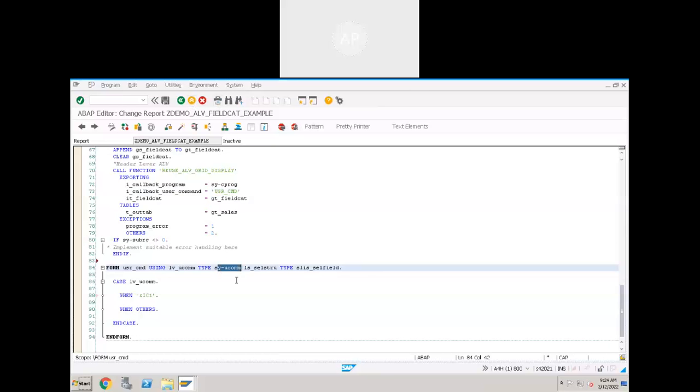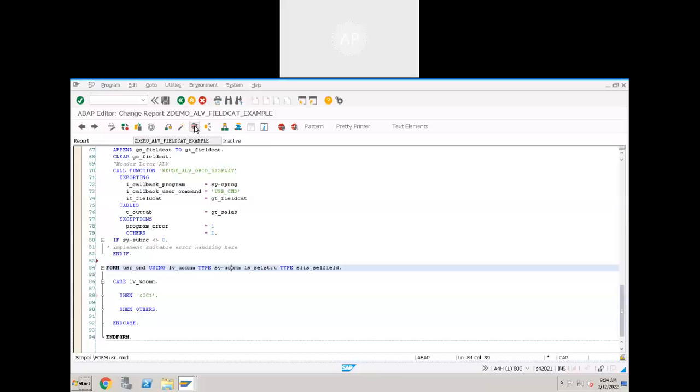Based on the code, we write the logic. When the user clicks on that button, when the code is so and so, what should we perform? For example, here is the execution button, right? When you click on this, behind the scenes there is a code to capture that button action, F8. Then what do we have to do when the user clicks on F8?